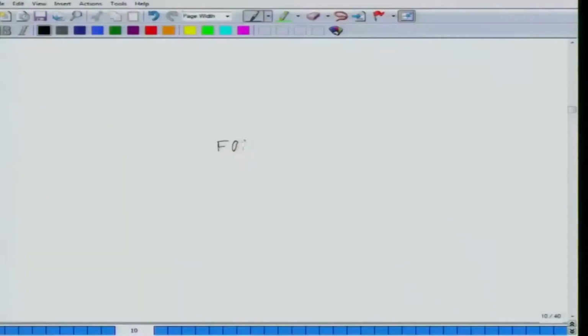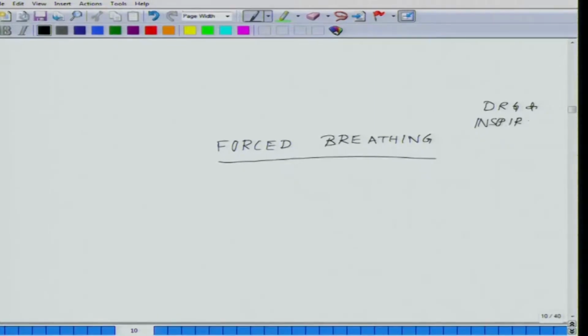Let us talk about what is happening during forced breathing. Basically your DRG, dorsal respiratory group, and inspiratory centers of VRG, VRG stands for ventral respiratory group, are inhibited,